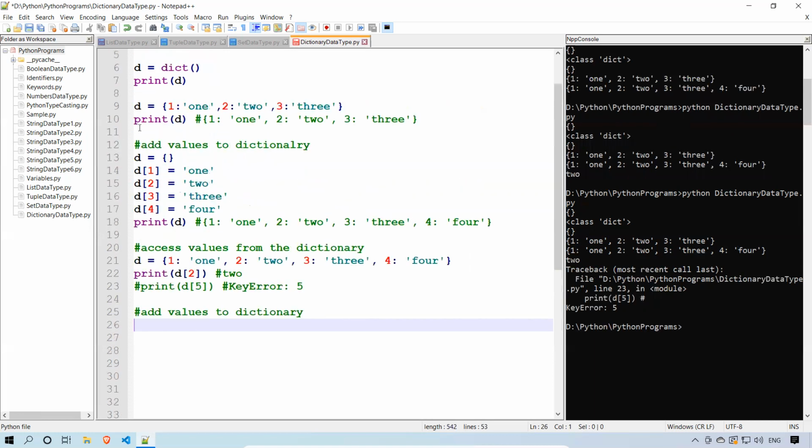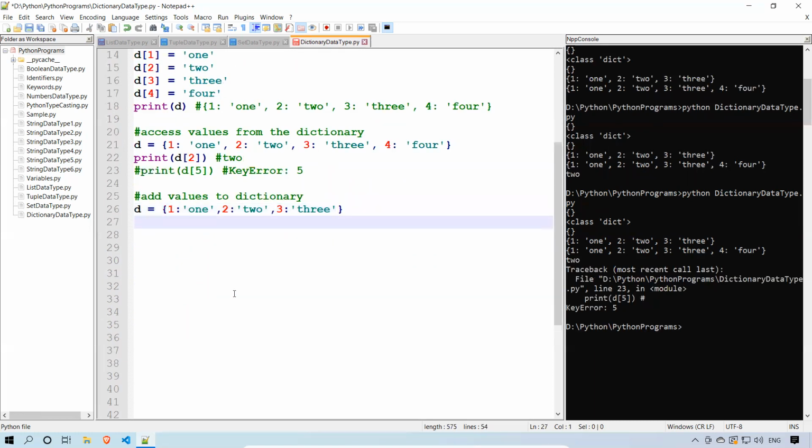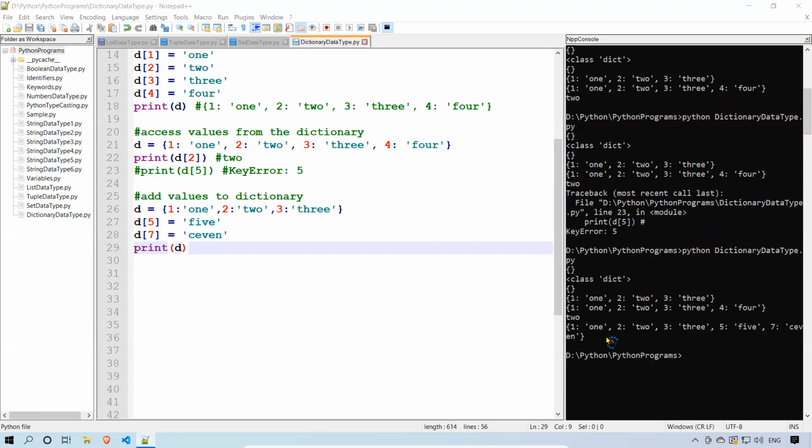I take d is equal to the same thing, 1, 2, 3. Now observe: d of 5 is equal to 5, and d of 7 I'm giving SEVEN. I'll print the d and we'll see the output. You see that it added 5 and it added 7.